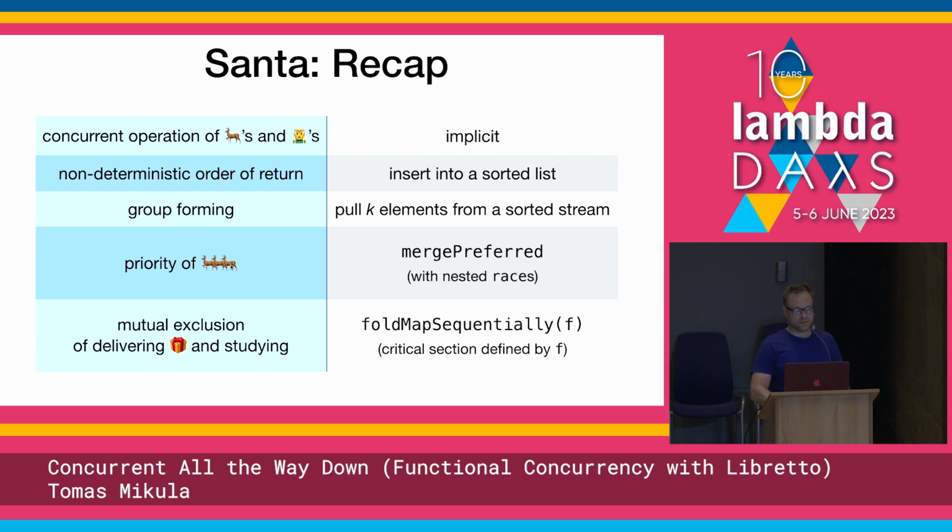Priority of reindeers over elves. That's been offloaded to this merge preferred that we implemented before, so that does the heavy lifting. But how heavy? The most complex case was 2 nested races, so 2 nested pattern matches. And mutual exclusion of delivering toys versus meeting in study is handled by mapping sequentially, which we also implemented before,